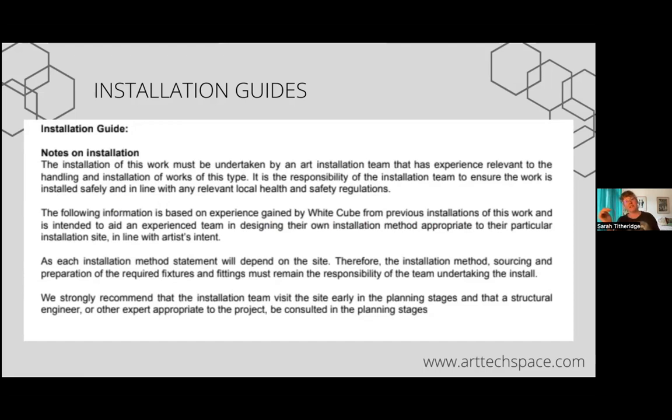That essentially it's up to the install team that are working on this particular artwork to make the best decision for the work based on where it's being installed, so the wall it's being installed on, things like that, and that they need to work to local health and safety regulations,